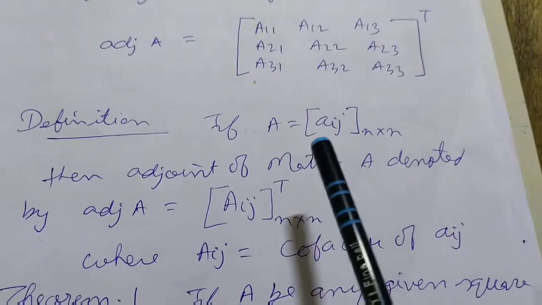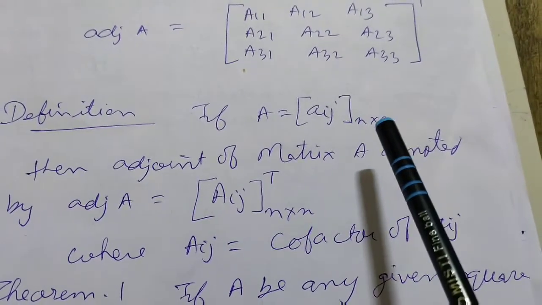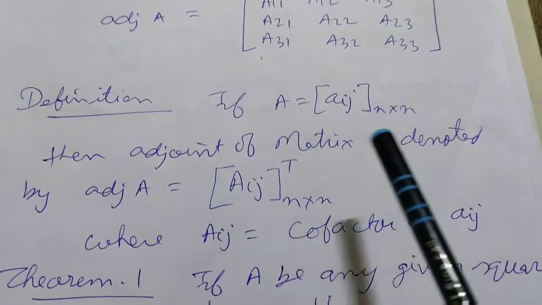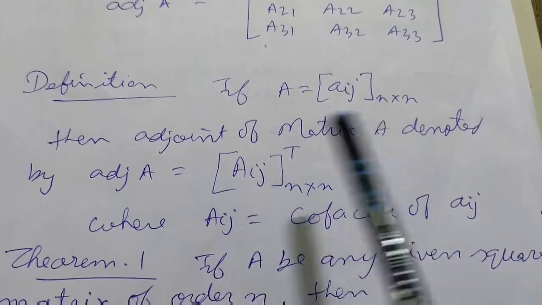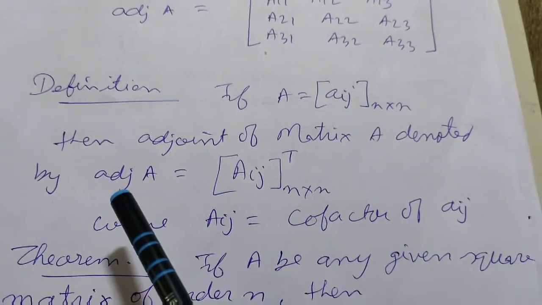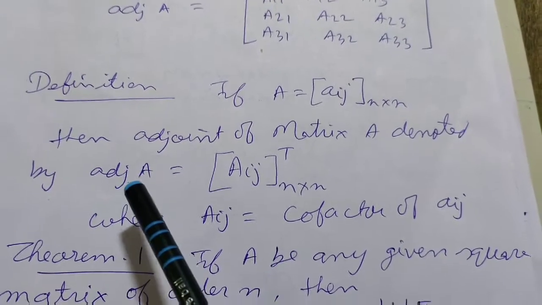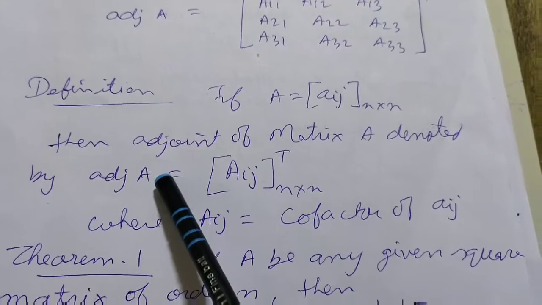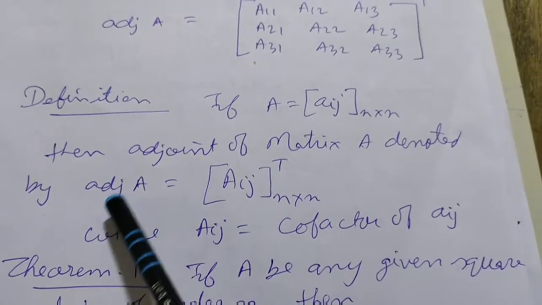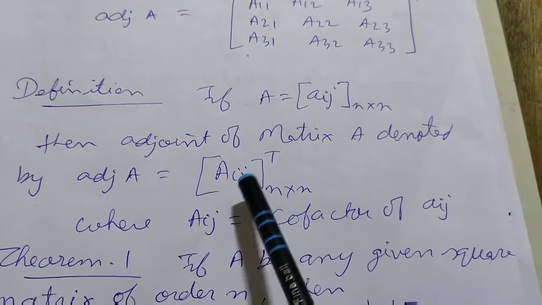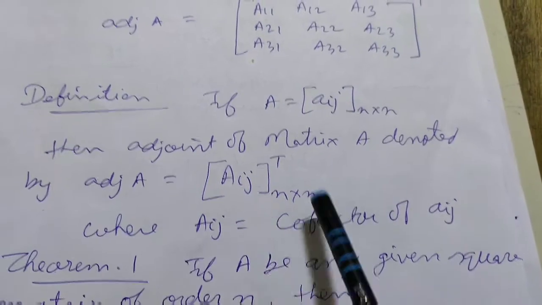If A equals [aij], where [aij] is an n cross n square matrix, then the adjoint of the matrix A is denoted by adj. See, we write adj, not the full form adjoint. Adj, then the matrix, whether it is A or B or C, whatever. Adj A, that is the adjoint of A, equals [Aij], an n cross n square matrix,